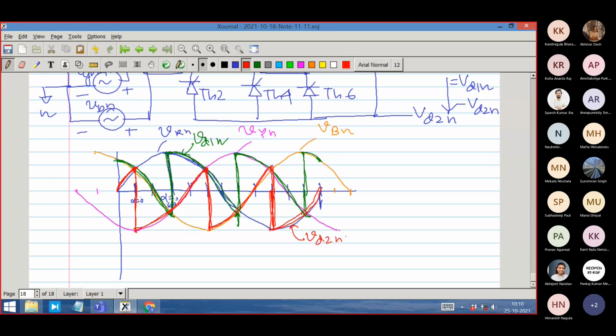So this is what is VD2N. So what is the total sum? Total sum is this plus this, this minus this, that is rectified output voltage. So let's sketch that. A little bit extra page would have been good, but I don't have it, so I cannot maintain probably the scaling. I will only maintain what is the actual thing. So let's see what is happening.